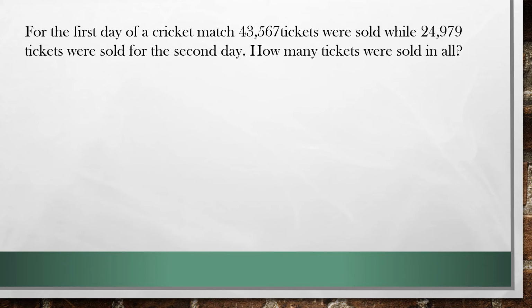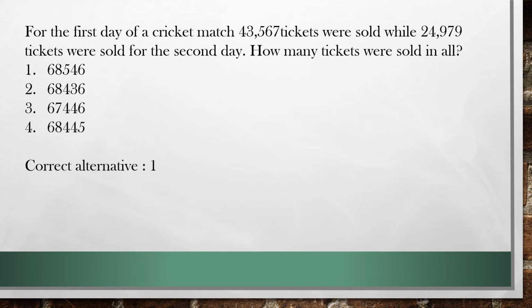So what will we do? You will add them. Let us see the correct options. 68,546, 68,436, 67,446, and the fourth option, that is 68,445. Now all the answers look very similar to each other, so you have to be very careful while selecting the correct option. Okay, so when you add these numbers,